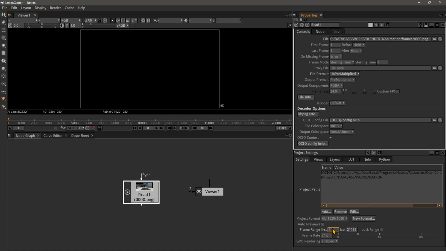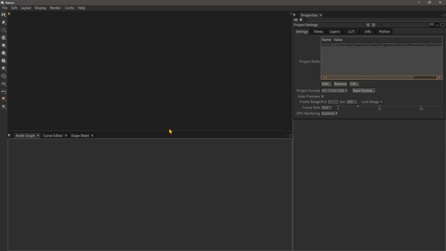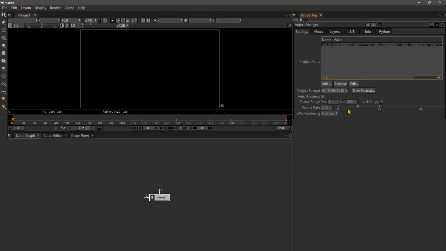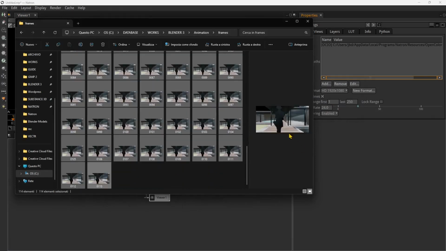But here in the viewer, we don't need so many frames because we're working just with a single image. So that's an example. Be careful on monitoring, managing, controlling, organizing those parameters in the project settings, which means in the viewer and also in the read and in the write. Now you can see if I restart, if I create a new project, everything is going to go back to the original. Now I want to bring in again this sequence, which was like